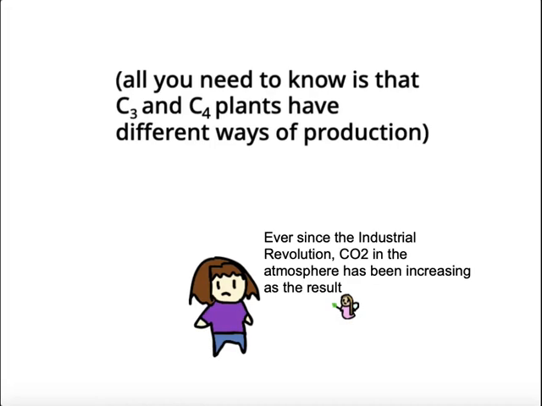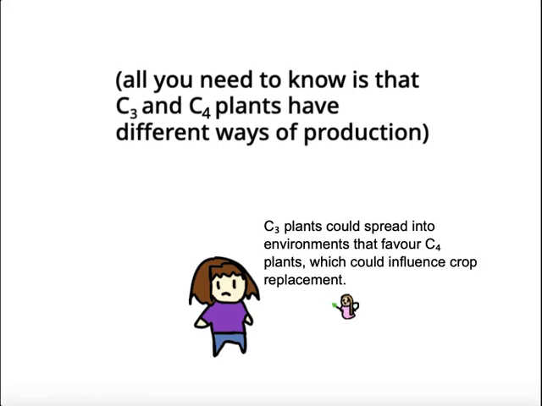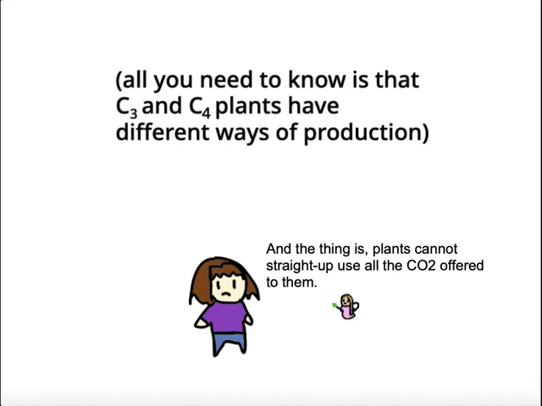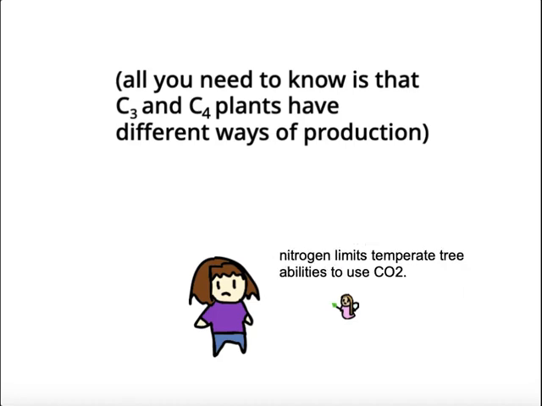Ever since the Industrial Revolution, CO2 in the atmosphere has been increasing as the result of burning fossil fuels. One of the consequences of this is the increased productivity of plants. C3 plants could spread into environments that favor C4 plants, which could influence crop replacement. And the thing is, plants cannot straight up use all the CO2 offered to them. The FACTS-I experiment produced results that showed how the availability of nutrients such as nitrogen limits temperate tree abilities to